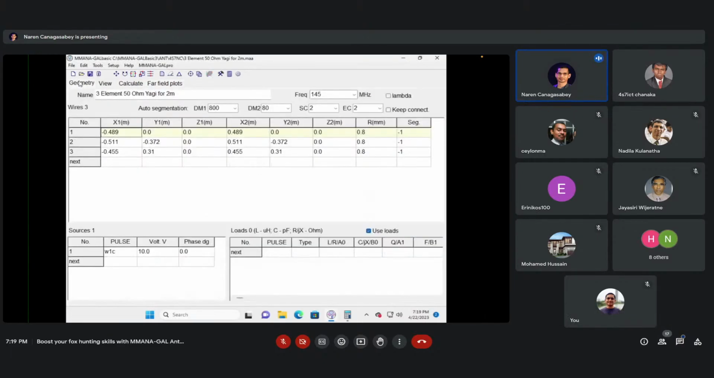So this is the model I've already done. Let's all work it out together, if you have the formulas with you. We have the driven element, which is 300 divided by 145 into 0.473. Okay, that works out to 0.978. So if you divide it by 2,